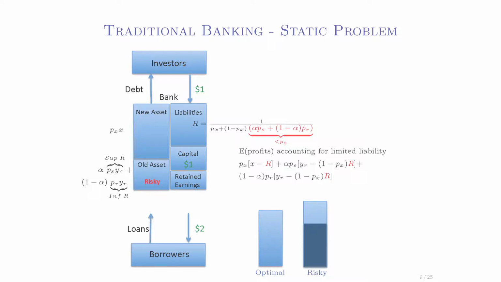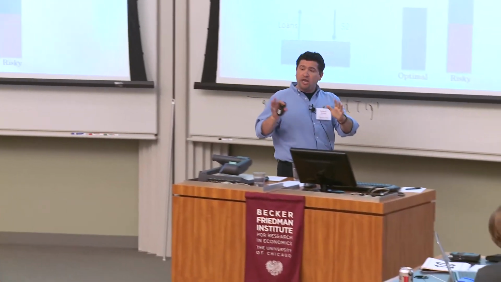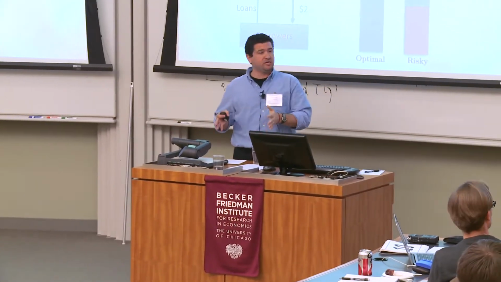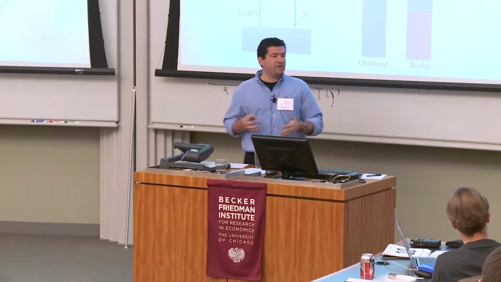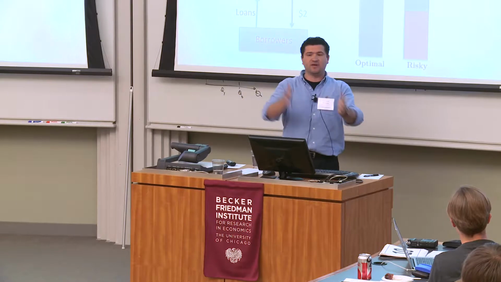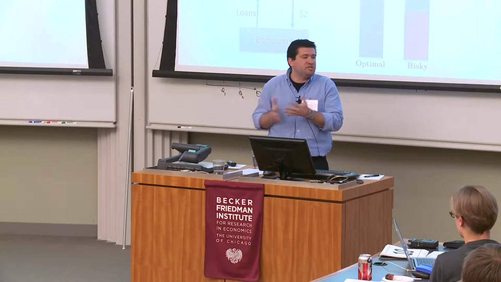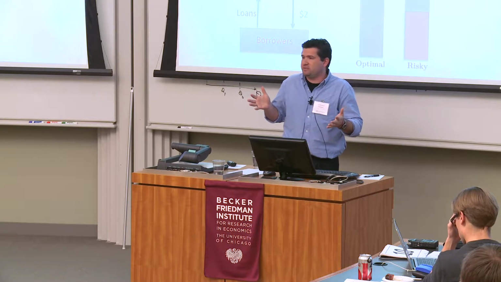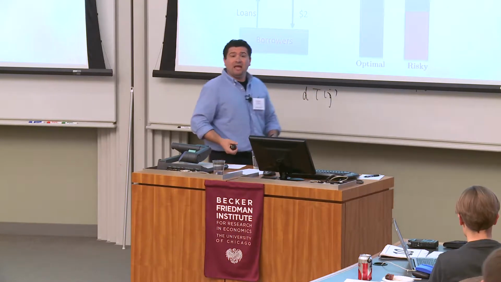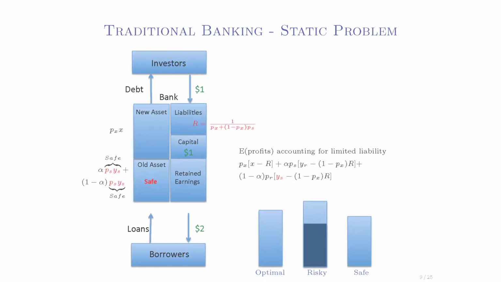Now we can start asking what a regulator could do. Let's say that now you have a regulator potentially who cannot observe what is inside the risky box, but can observe whether the bank invests in the safe asset or the risky asset. Let's say treasury bills versus subprime mortgages. But among the subprime mortgages, the regulator doesn't know which are the good mortgages or the bad mortgages. All right? Well, then potentially a regulator can say, look, you have to invest always in the safe asset.